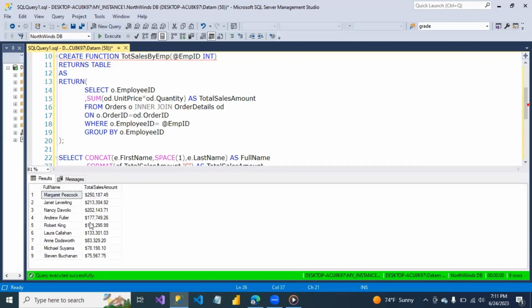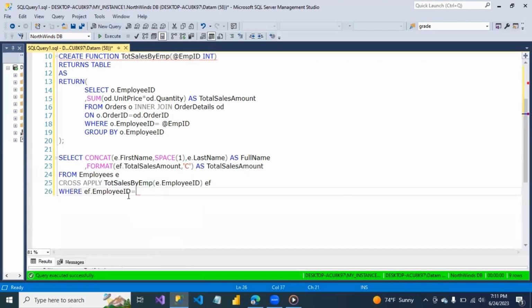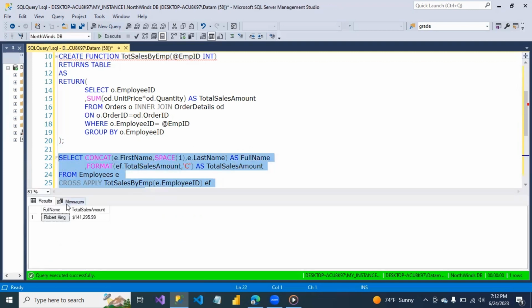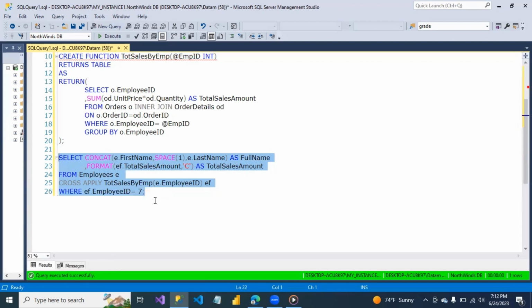Let's say 7. Let's see if Anne Dodsworth will come up. Where employee ID equals 7. Put our semicolon there for best practices. And this is the power of a parameter in your table value function. It brought back Robert King. Not quite sure why that brought it back, but